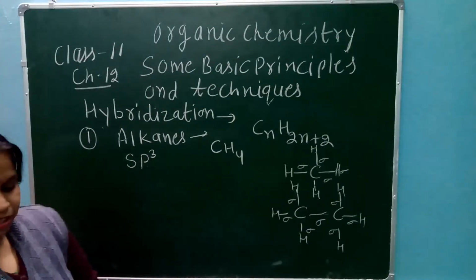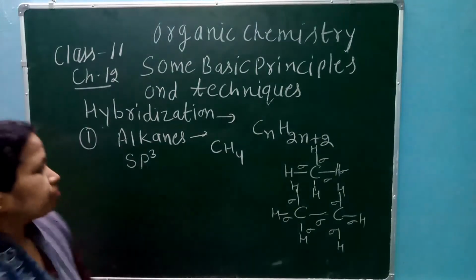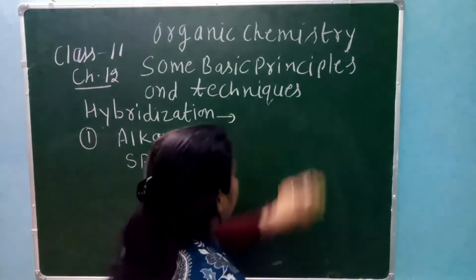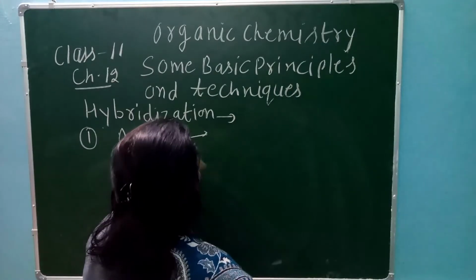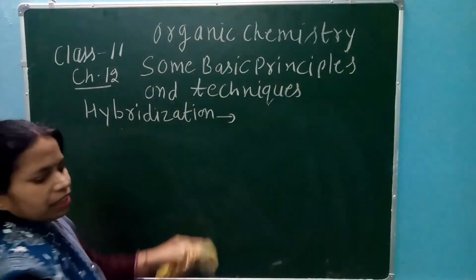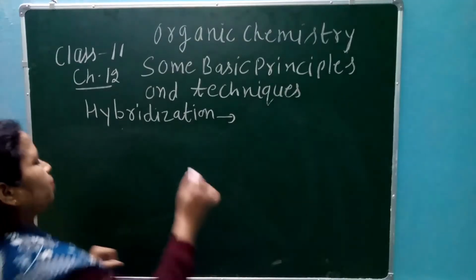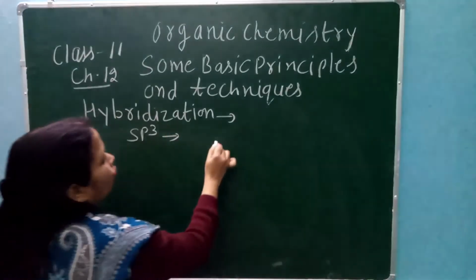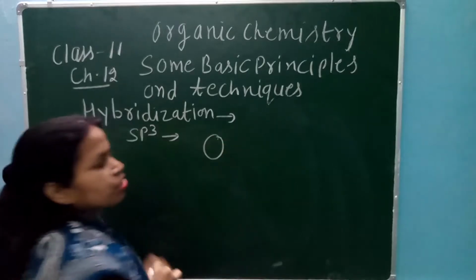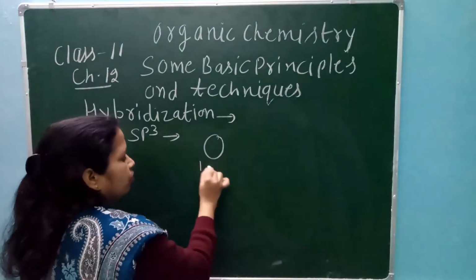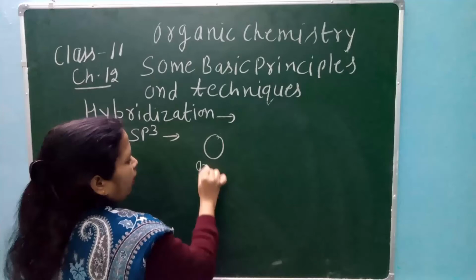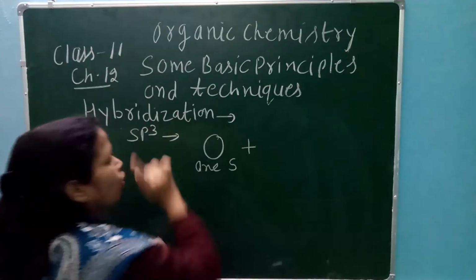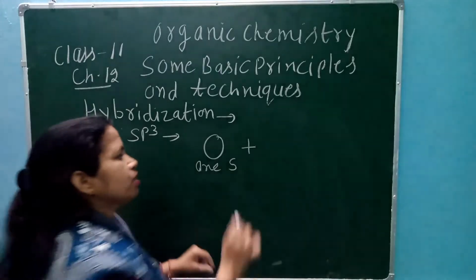Now let's see how to form methane with sp3 hybridization. You can take the example of alkane and hybridization sp3. sp3 means mixing of one s orbital and mixing of p3. p3 means px,